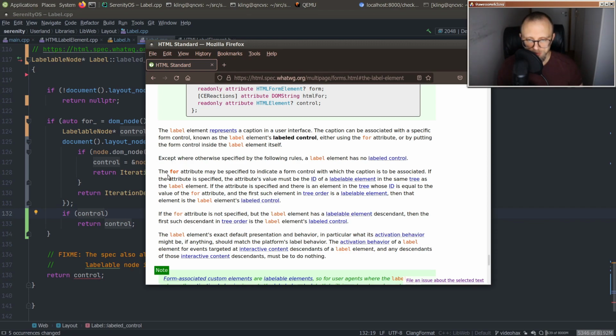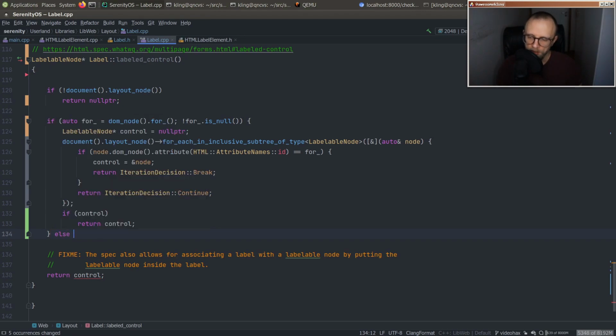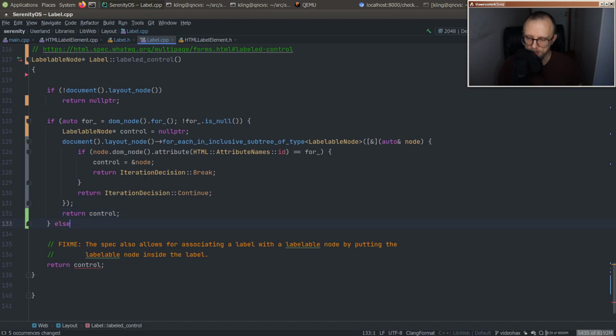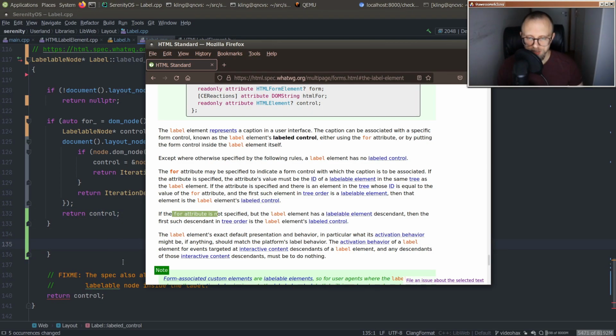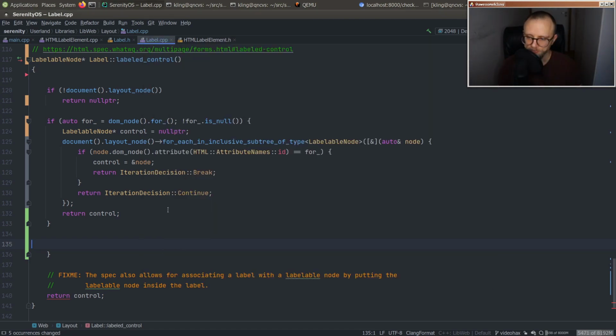Except for blah, blah, blah, for attribute may be specified, blah, blah, blah. If the for attribute is not specified, but the label element has a labelable element descendant, then the first such descendant in tree order is the label element's labeled control. Okay, so if it's not specified, I see. So if it is specified, I think we have to do that. Otherwise, if it's not specified, so